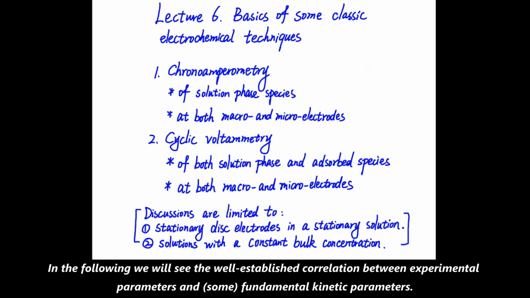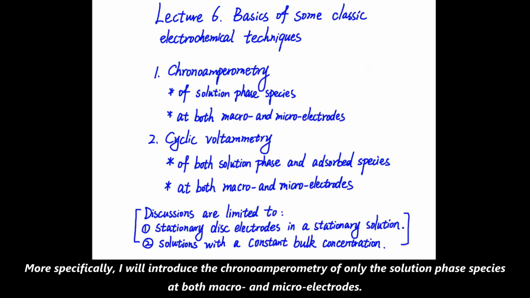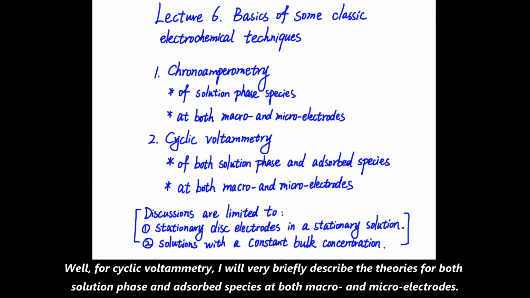In the following, we will see the well-established correlation between experimental parameters and the fundamental kinetic parameters. As such, these potential-controlled methods are considered the most powerful approaches available to fundamental electrochemistry. More specifically, I will introduce the chronoamperometry of only the solution phase species at both macro and microelectrodes, while for cyclic voltammetry, I will very briefly describe the theories for both solution phase and adsorbed species at both macro